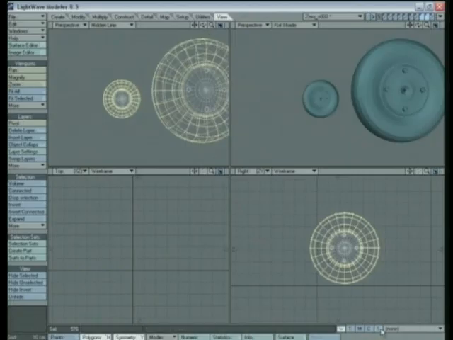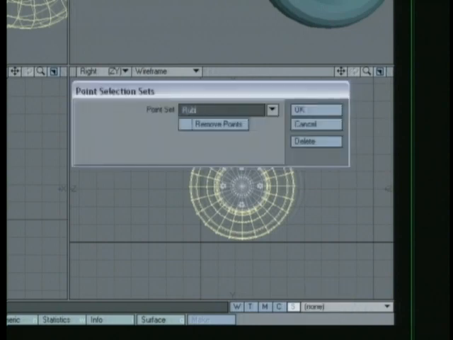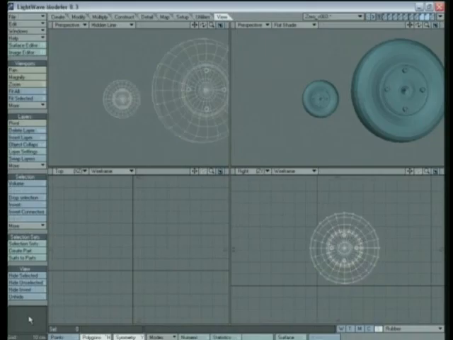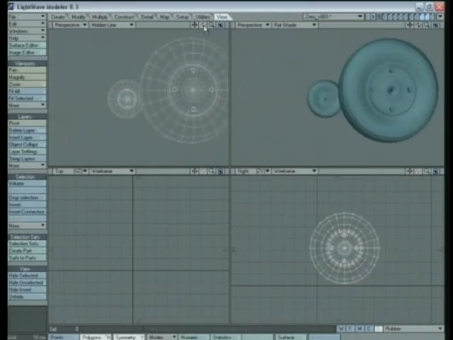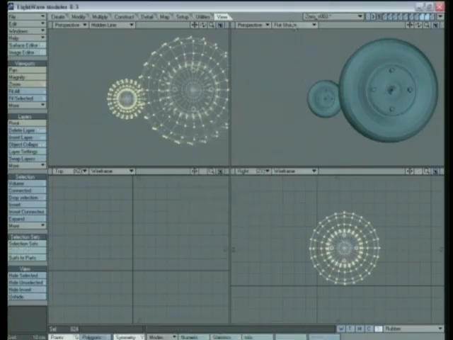So we'll go down here and select S and select New. Let's just name this rubber. Now, for those of you not familiar with the new selection sets, it's a great feature that was added to Lightwave 8. It allows you to select a set of points or polygons and define them as a set on their own. In 7, we would have had to define this as a surface. So now we have that set up. A quick way to find out if that's true is deselect, hit W, or go to points, and down here will be our new selection. Hit plus, you can see it's right there. Save your object, jump back into layout,